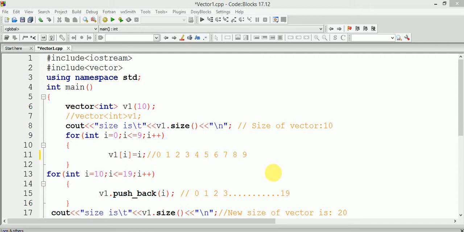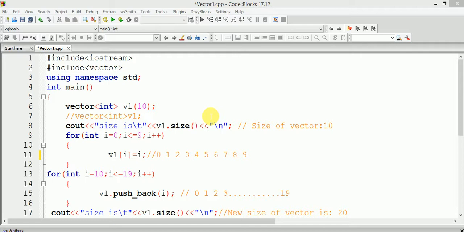Welcome. So in this particular lecture, we will see the program implementation of vector, which is a type of sequence container. Now if you want to include any container or use any container in your program, then you need to include its specific header file at the top. So right now I'm going to use vector in my program, so I'm including #include <vector> at the top. Then only I can use the functionalities of the vector container.